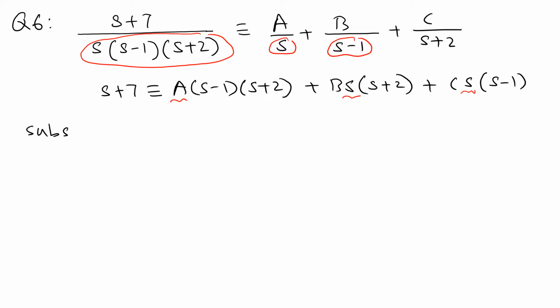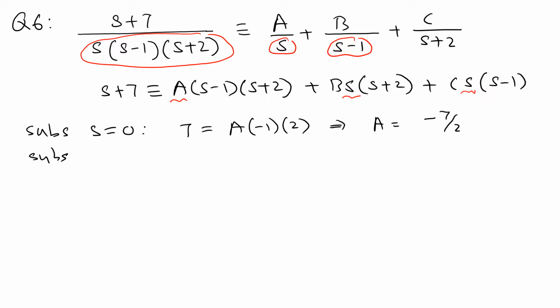So the goal is to make that term 0. To do that, you're going to plug in s equals 0. So that's the idea. You try to make the common term on the other term 0. So if you plug in s equals 0, you can see you get 7 here, and negative 1 and 2, and this is going to give you a, so a is simply negative 7/2. And then we do a similar argument to find b,